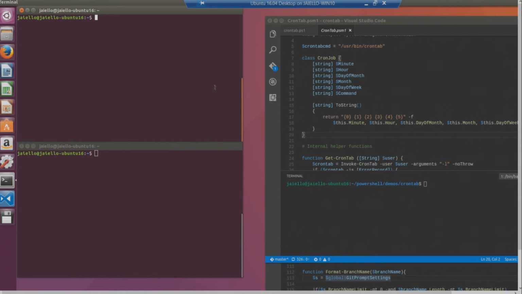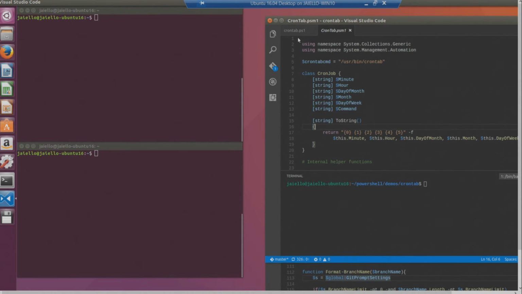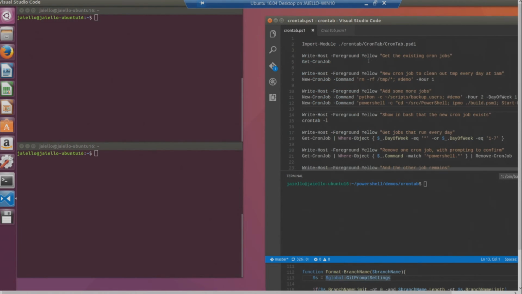So here, I just want to talk really quick about this crontab module. Looks like we've got a few minutes left. Again, we're defining a cron job object. This is going to work across any distro where cron is there. Normally on a Linux machine,